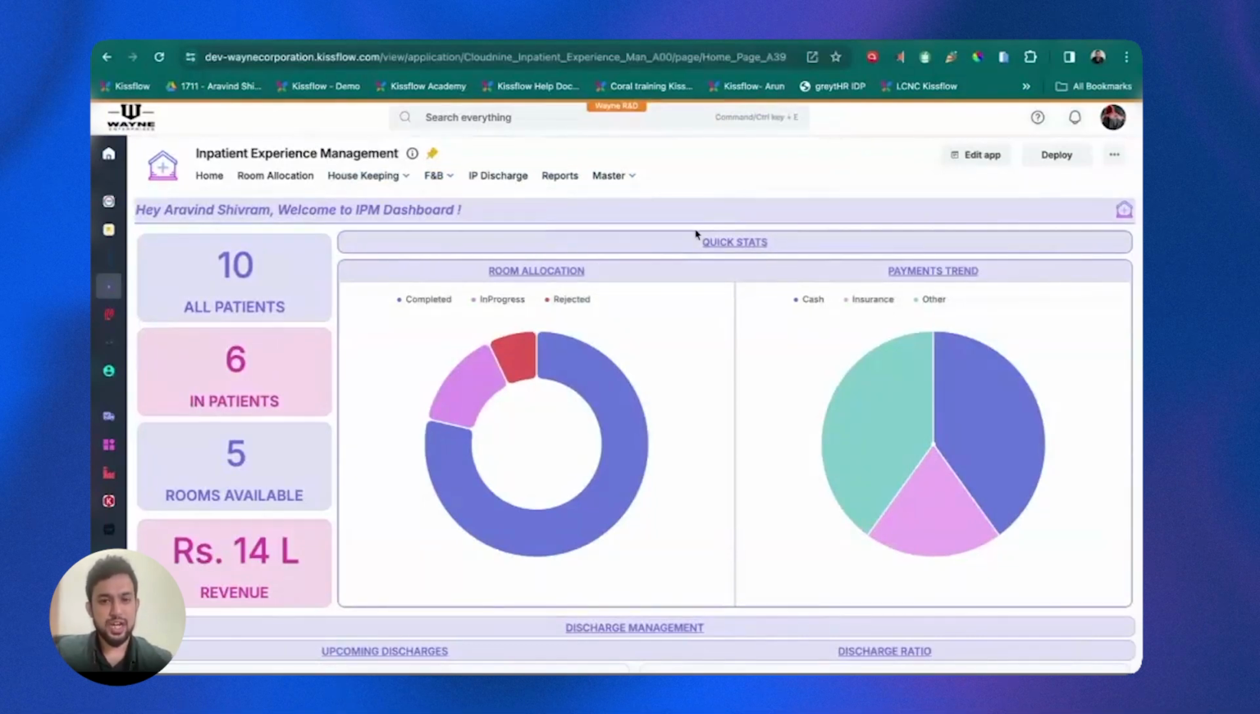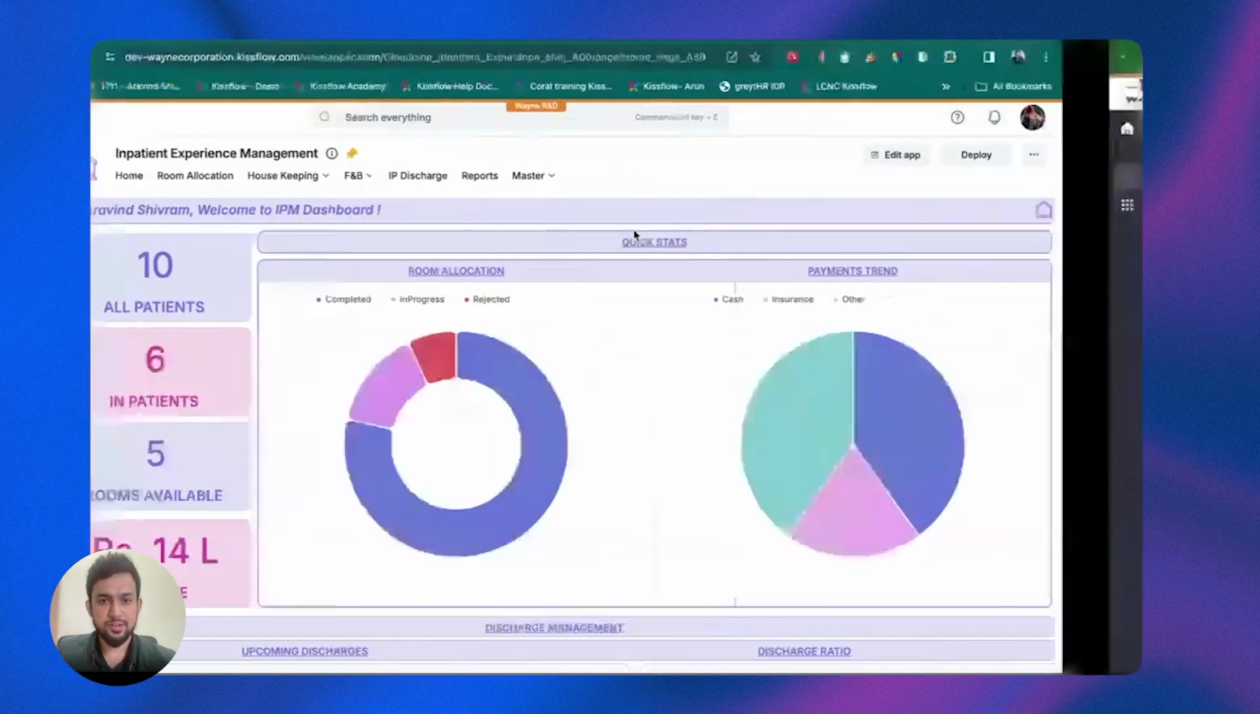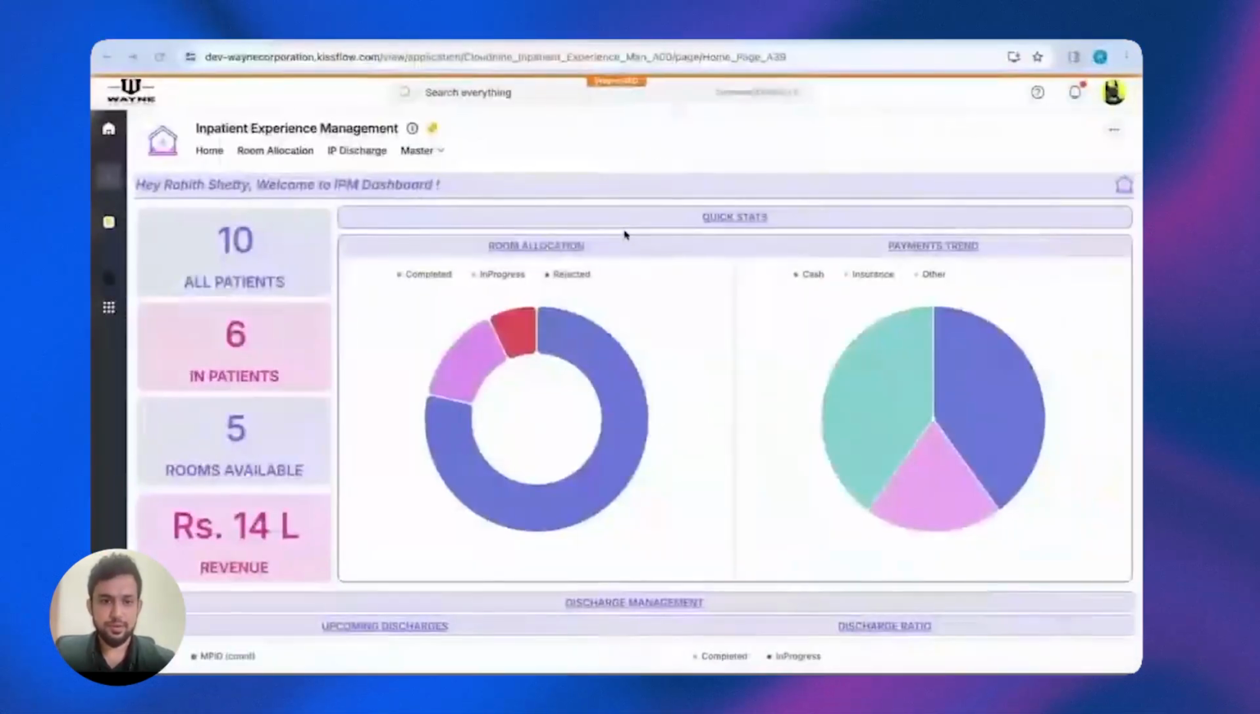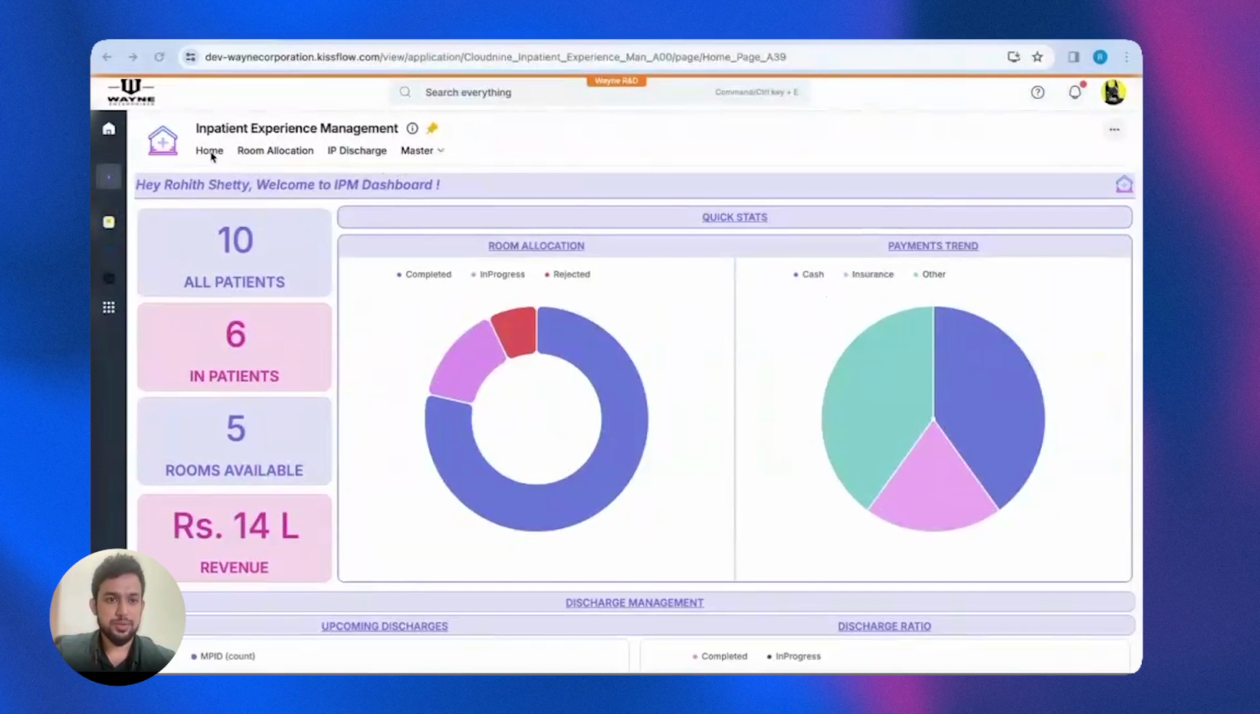Now, I'd like to start off by initiating the life cycle by assigning the room allocation for a patient who is trying to get admitted with the hospital. So this is the dashboard screen for the IP ward manager. The IP ward manager gets to see a similar kind of dashboard, and here he has limited access within the navigation. So from the home screen, I can navigate to the room allocation,